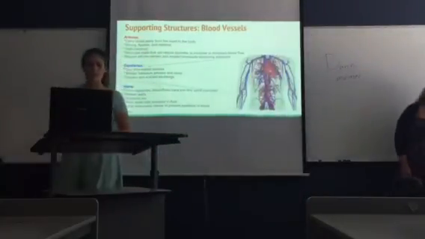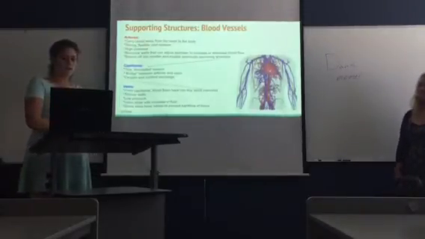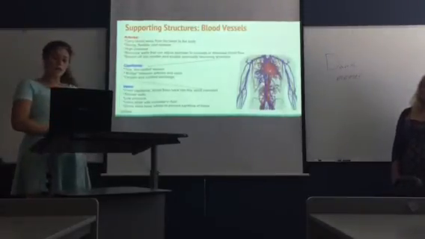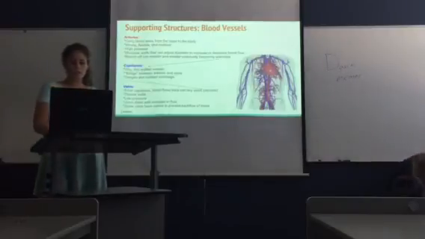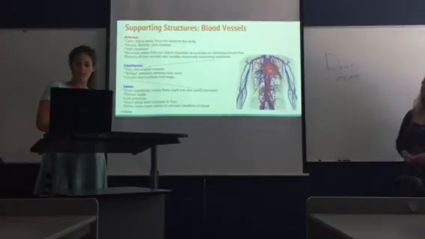Alright, next we're going to talk about the blood vessels, which is a supporting structure of the cardiovascular system. It's kind of how the blood gets to the other areas of the body. So first you have your arteries, which the aorta is an artery, and that carries blood away from the heart to the body. Arteries are characterized as being strong, flexible, and resilient, and they have high pressure within them. And the muscular walls can adjust in diameter to increase or decrease blood flow. Arteries branch off into smaller,